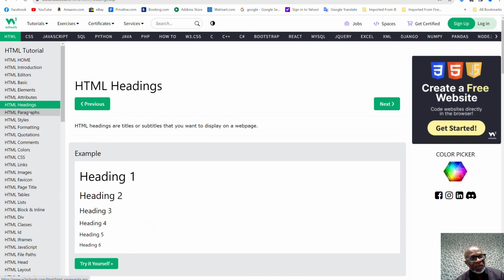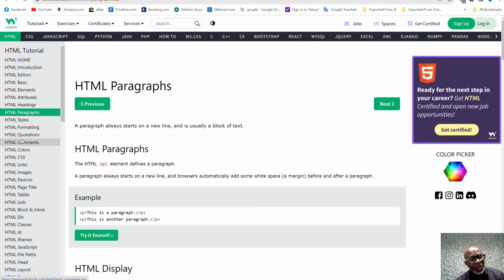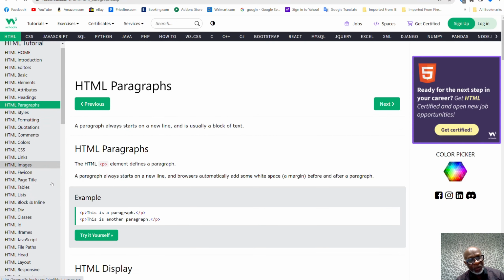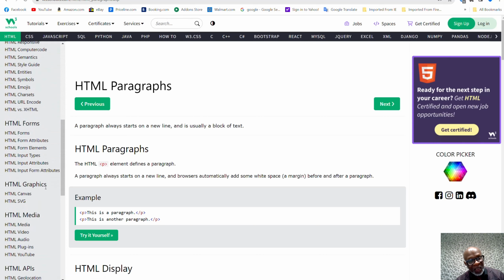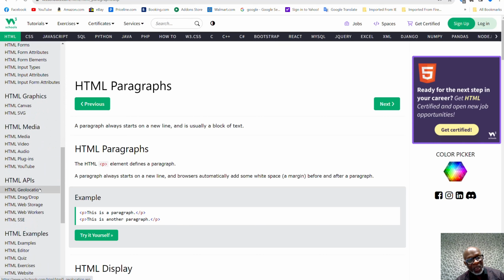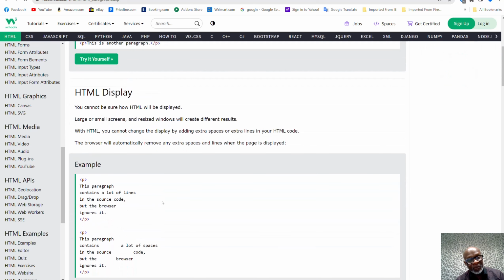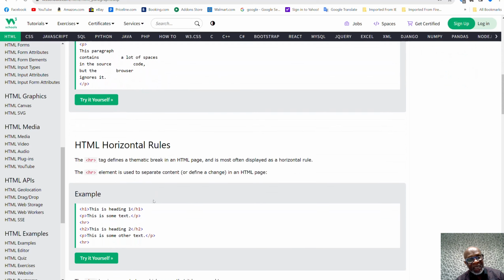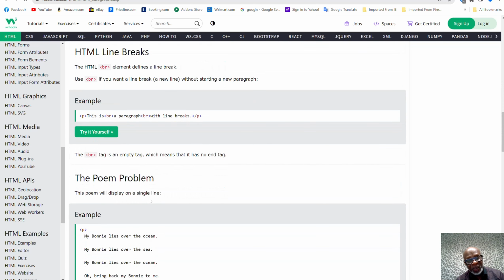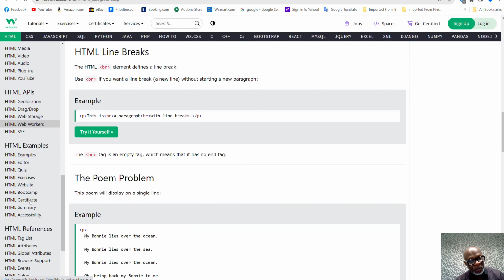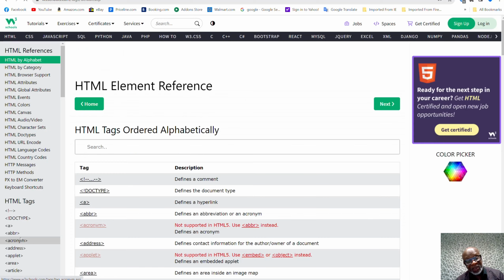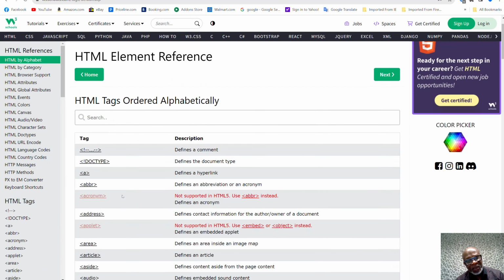So headings, paragraphs. There are a lot of tags to go through. We're not going to go through all of them. Instead, we're going to give you an example of how to use HTML and let you experiment on your own. We go quickly to the HTML references, and you see the tag list here in alphabetical